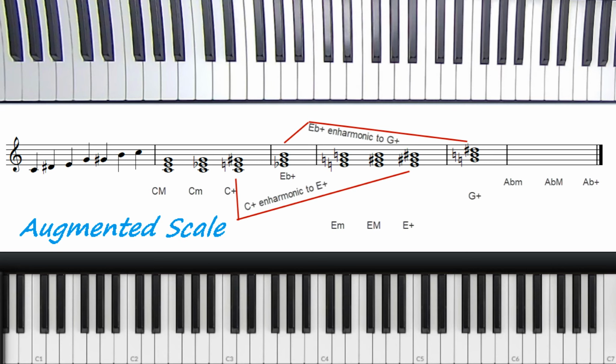As well as a lot of jazz pieces of music have used Dorian as a basis. So that's what you want to think of the augmented scale. It doesn't have one particular sound. You may get multiple sounds out of it. And we're going to show you this